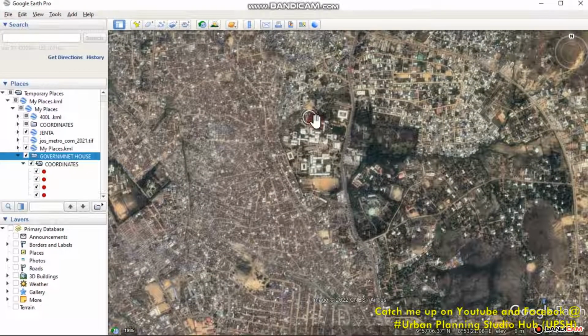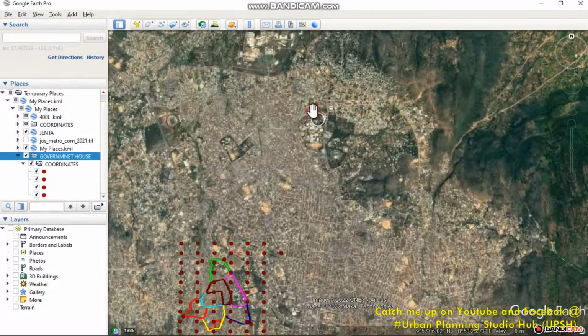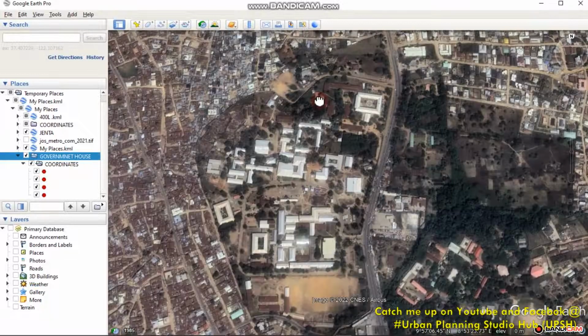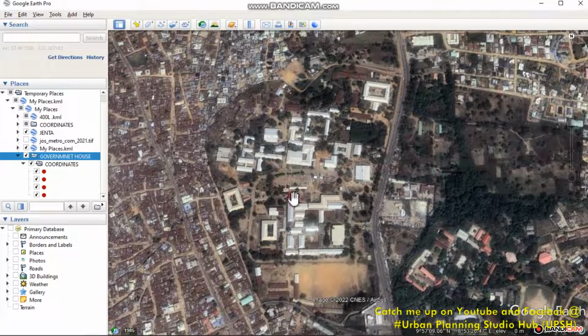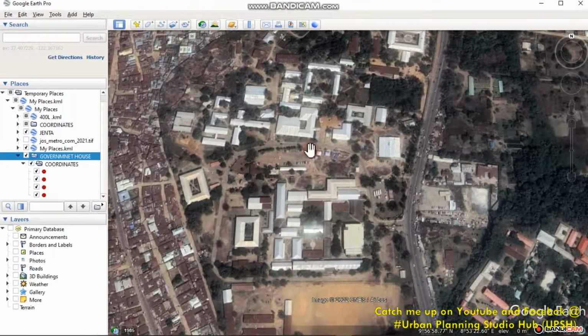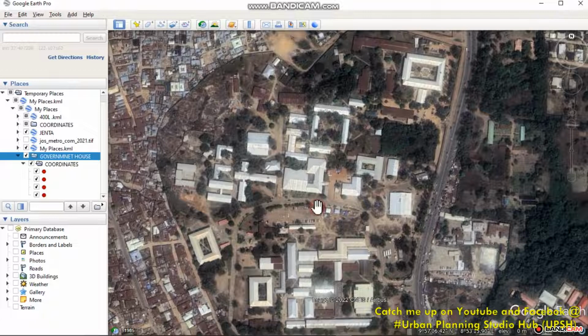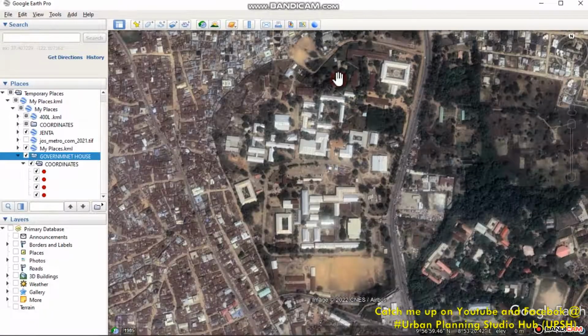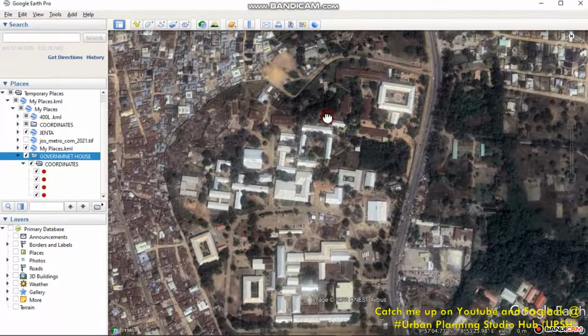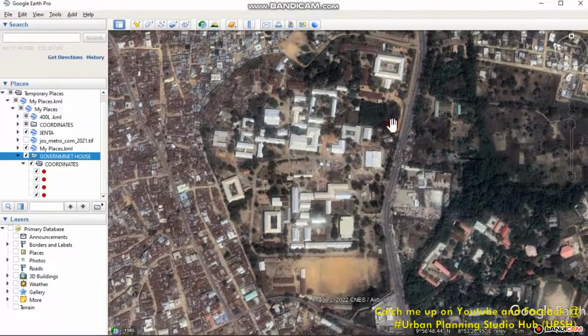Now after doing that, we try to zoom. You can zoom in and zoom out. Now you can see the extent of this fence. When we are saving this image, we need to zoom it to this extent. You see that part of the boundary is out of our screen. So we try to zoom it to a particular extent that we can actually see our